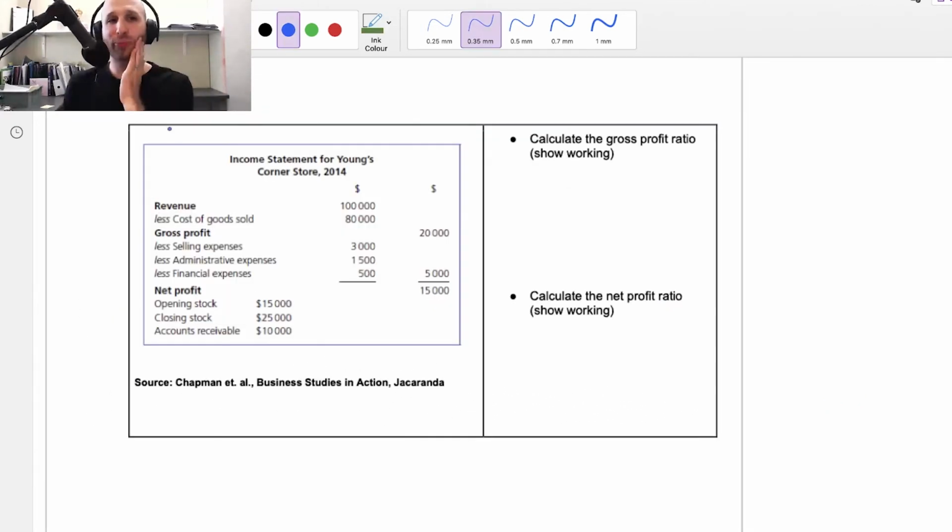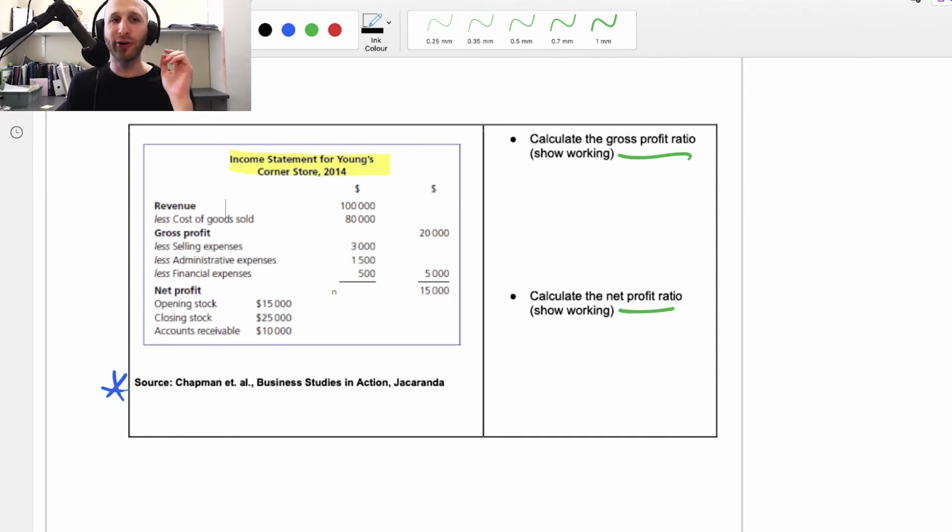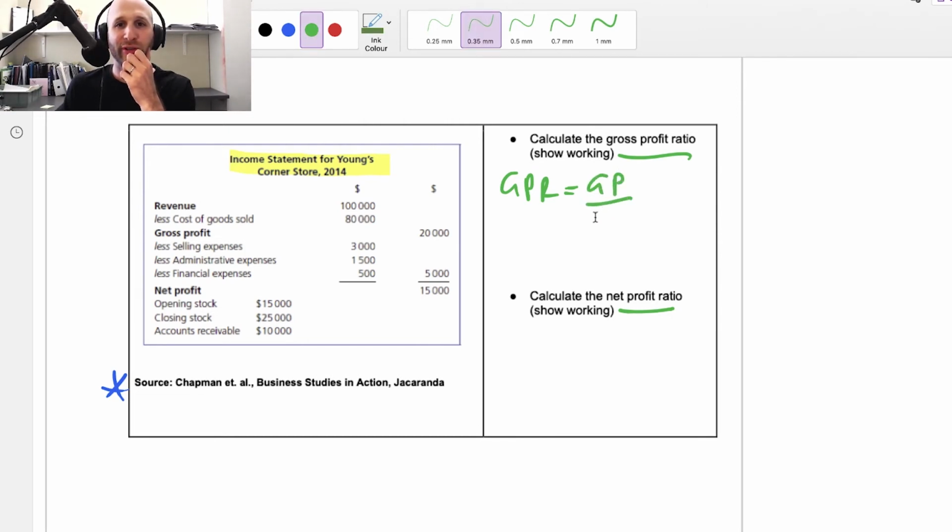So let's do an example, and you can see that the source for this example is given here. We've got two questions: calculate the gross profit ratio and the net profit ratio, and show working on both. Here we've got an income statement with all the numbers, which is helpful. Let's think about gross profit to start with. The gross profit ratio is going to equal gross profit over